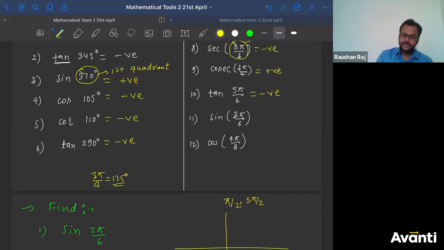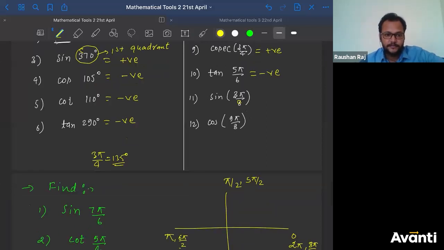Chalo, very good, guys. Let us go to the next question. What is this? 3 pi by 8. In which quadrant will this angle lie, guys? Let me know the answer. Write that in the chat. Those who have solved this, write this in the chat. 3 pi by 8. In which quadrant will this angle lie? Okay, I'm getting some answers: first quadrant. Everybody is saying first quadrant.